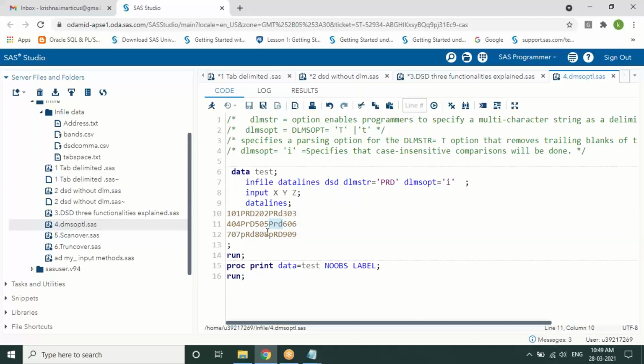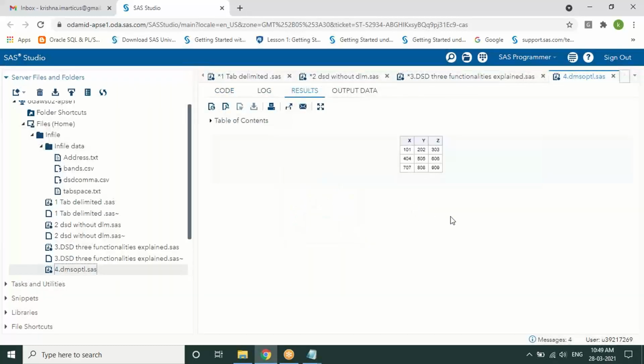To recognize that combination, we have another option called DLMSOPT, delimiter option equals I, which will do a case insensitive comparison. Whether it is uppercase or lowercase, that delimiter string will automatically be handled. For that reason, we use the delimiter string and DLMSOPT options. If you just run it, we'll be able to create a dataset.